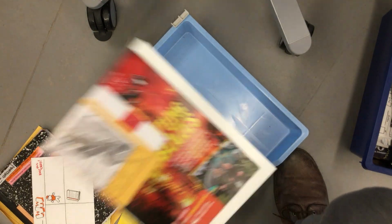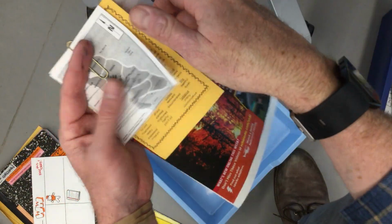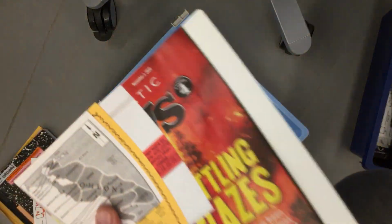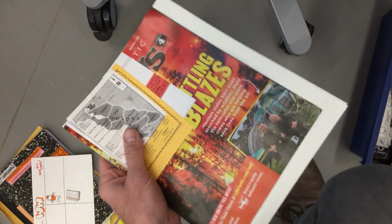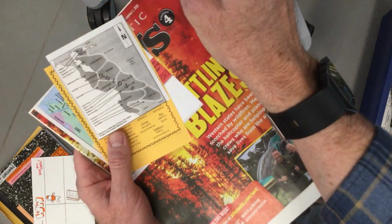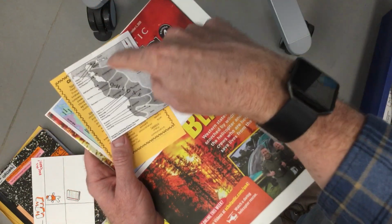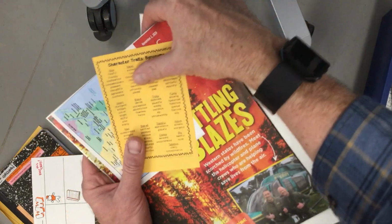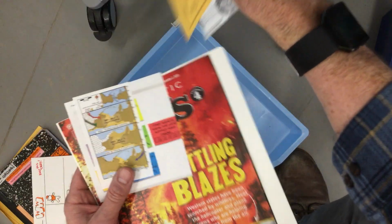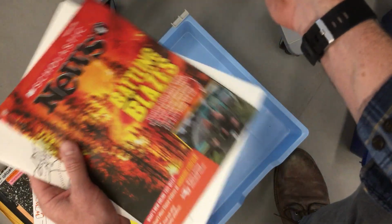So the pickup items, it's a thin little packet and it includes some things. Students, please make sure you have these. At least 5 of you said, I don't have such and such. So if you're doing the picking up, make sure you have this. And if you're not doing the picking up, double check that this comes home. So no pressure, parents. So a map, writing character traits, another map, how to write a fiction story guide, battling